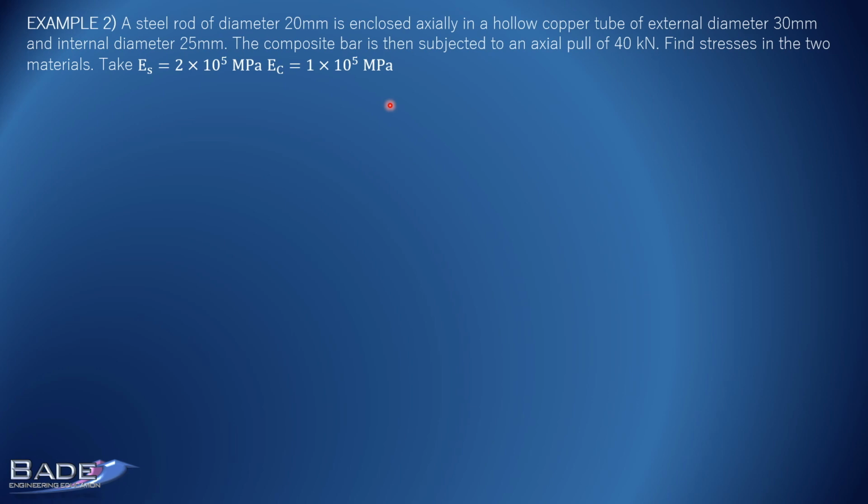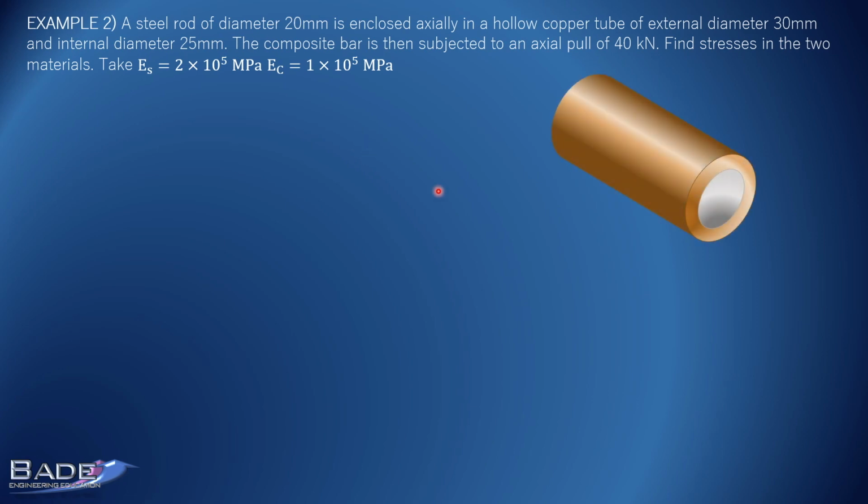Do you know how to solve the problem? Yes, we know. It's identical to the last problem. Only the load is tension. When two materials are in parallel, when it is a composite cross section carrying a load, then how do we solve the problem? We create the condition of equilibrium. That is, total load is resisted by material 1 plus material 2. And we relate deformations by the geometry of the arrangement.